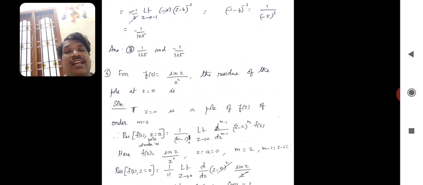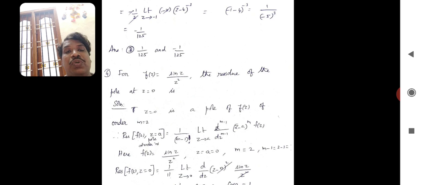So here f of z is sin z by z square, and z equals a equals 0 and m equals 2. So m minus 1 is 1. Therefore we can substitute all these values in the above formula. So the residue of f of z at z equal to 0 is given by 1 by 1 factorial limit